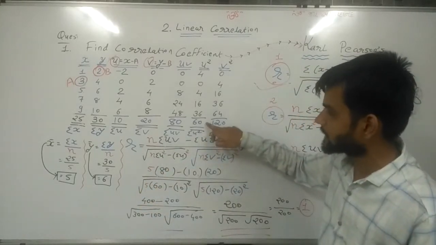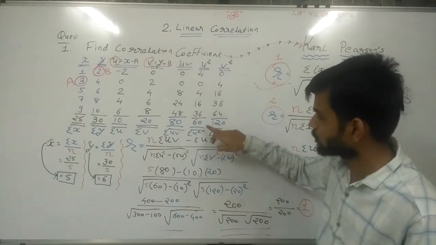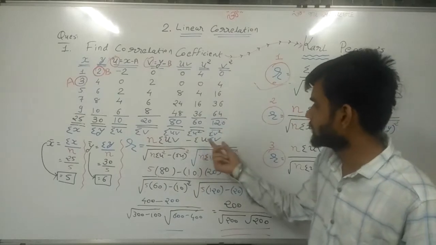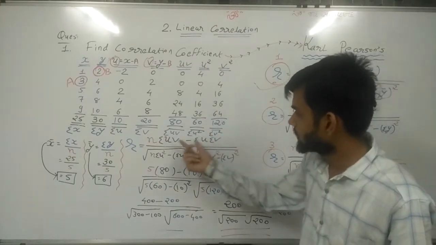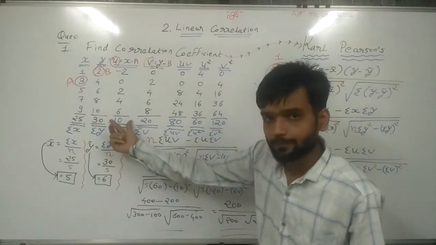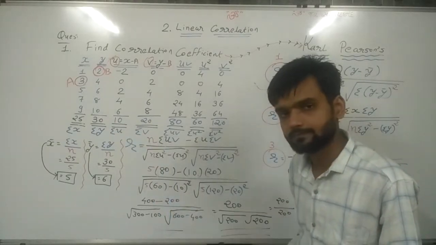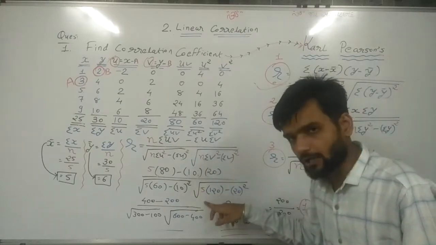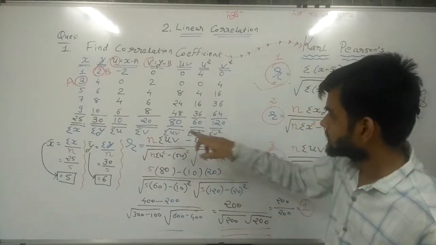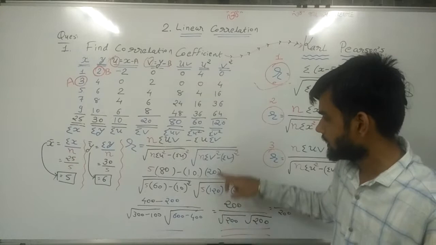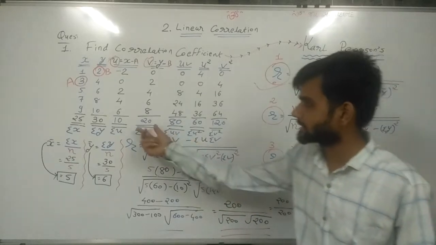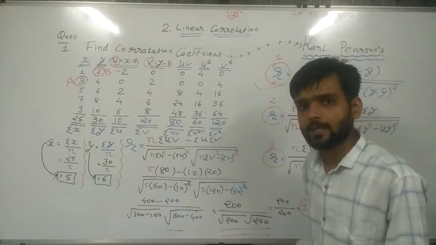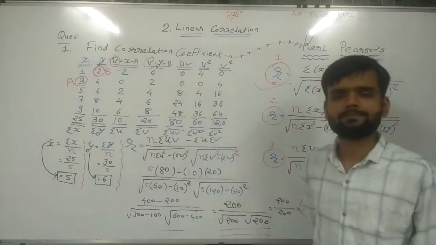Here sigma u square is equal to 60. So 60 here minus sigma u whole square, so sigma u is 10, and 10 whole square. In the same way, second root: n is equal to 5, sigma v square is equal to 120 minus, as it is, sigma v whole square. Then sigma v is given 20, whole square. Now up to this level,